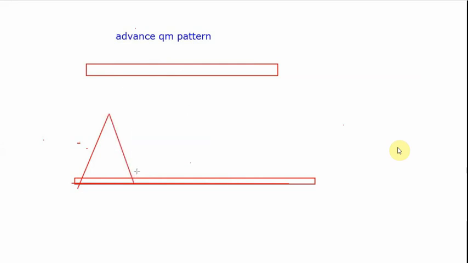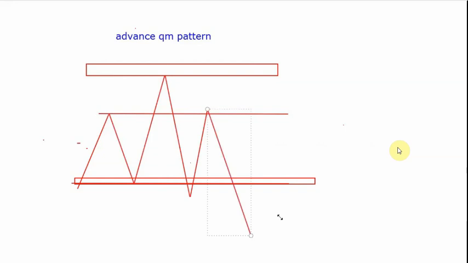Drop, rise, drop, break the previous low, and then we want it to retest that level. Want to retest that level, go all the way down. Usually what happens is it just shoots up somewhere on this level, we want to have